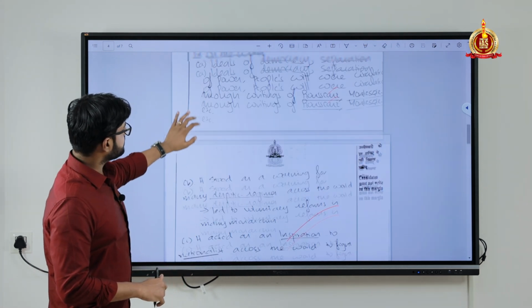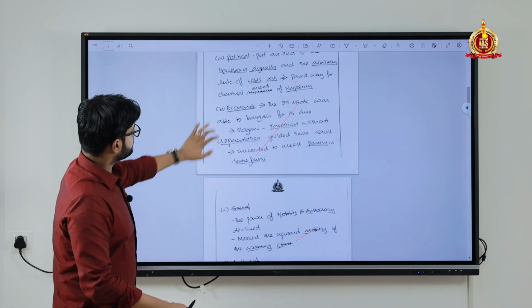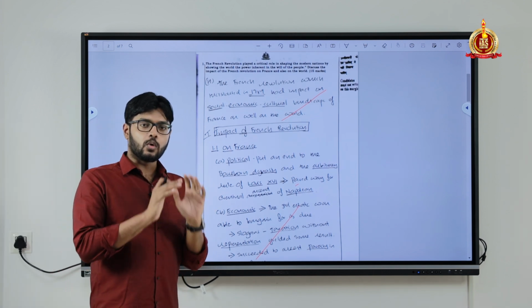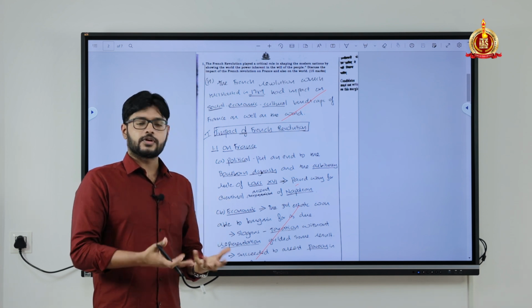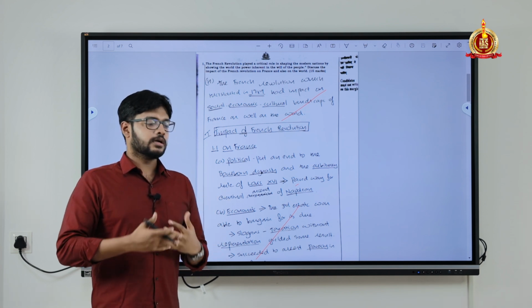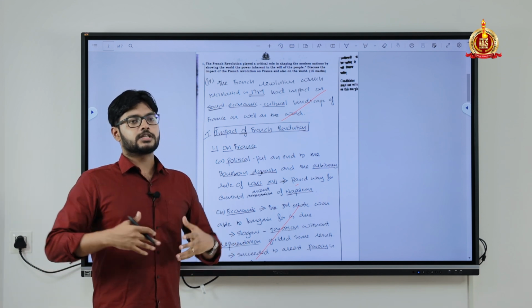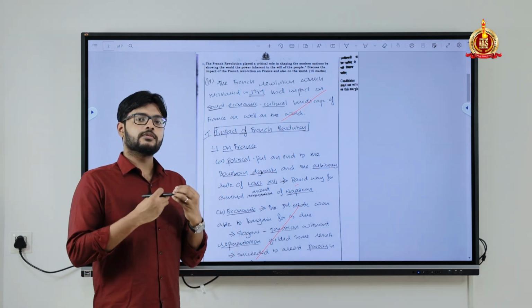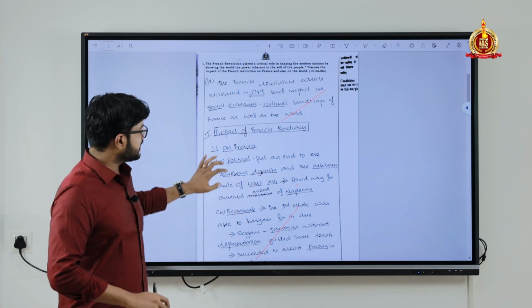Now, please understand, there are a lot of gaps in the paper. The reason is he has tried to make sure that he's only writing the key words and the key important points. French Revolution, you know it. World history, there's no end to it. You cannot write everything that you know in the answer. You have to be very objective about what are the major points that you can write, and exactly that is